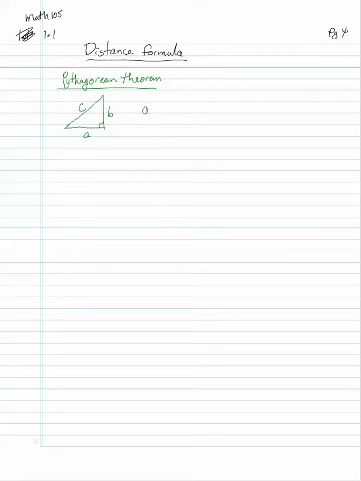Most people, without hesitating, will say A squared plus B squared equals C squared. It's a pretty famous theorem. And what I want to show you is that the distance formula is just the Pythagorean Theorem in disguise. So if I put this triangle on an XY axis,